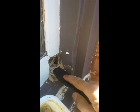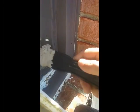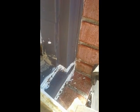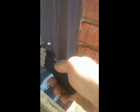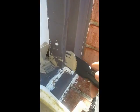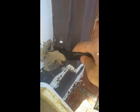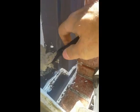Just filling this up. Keep pushing down as you go. And again, I really apologize for the lack of cameramanship, if that is a word. But you can kind of get the idea of what I'm doing. Just going to go ahead and pack this up completely. You can clean up as you go, or clean up afterwards. Doesn't matter. I want to get this pretty filled,